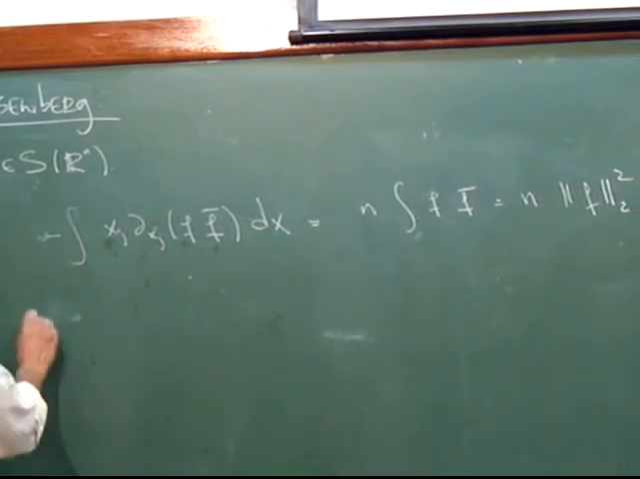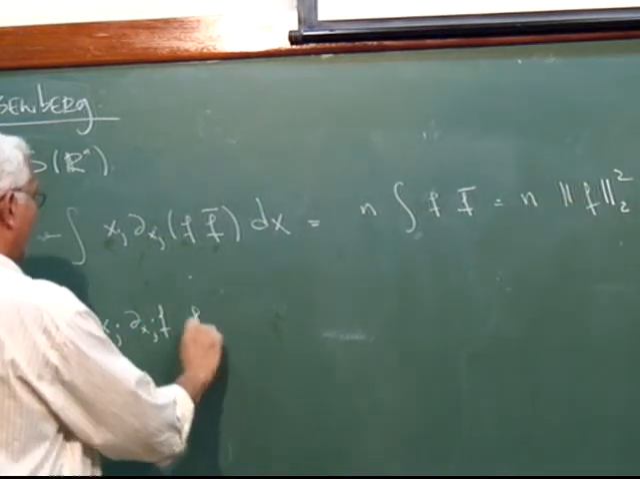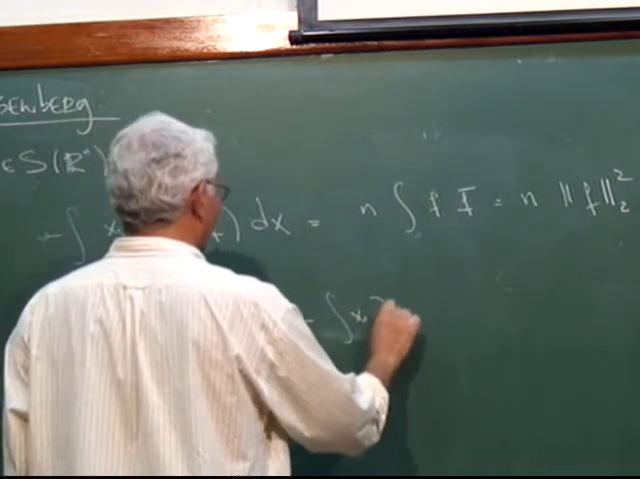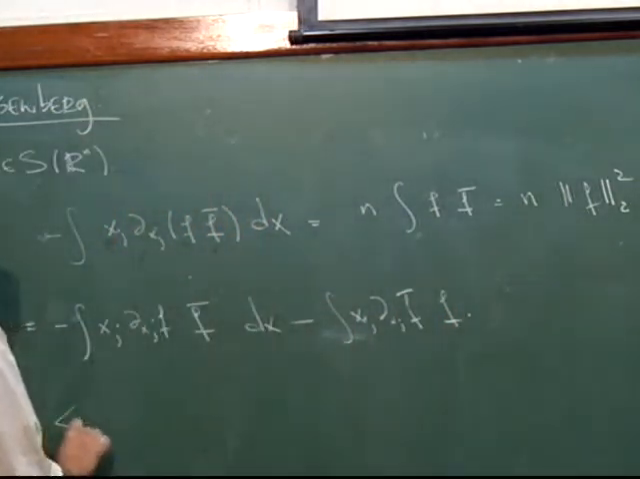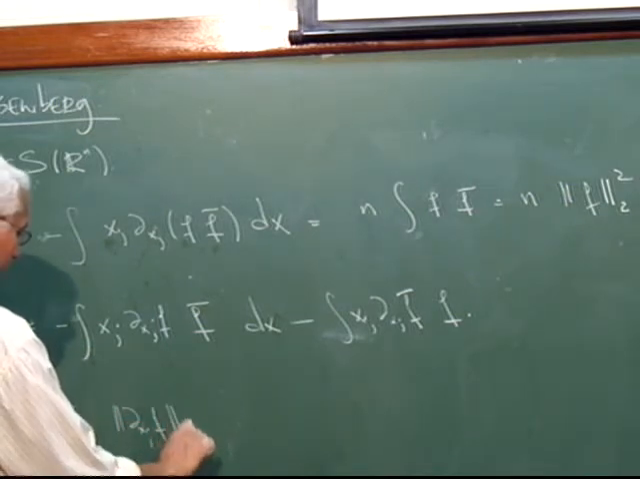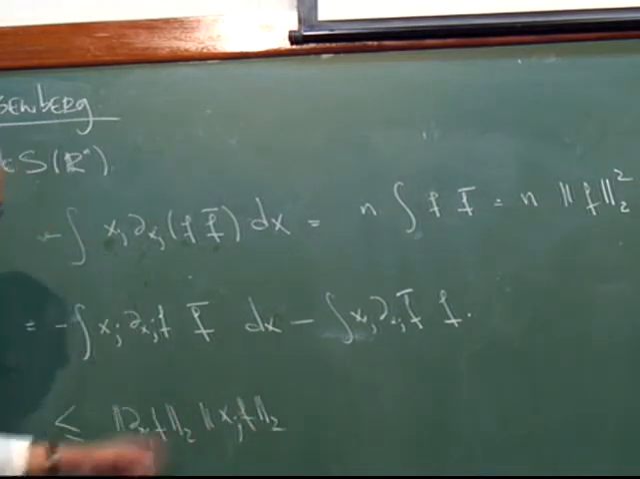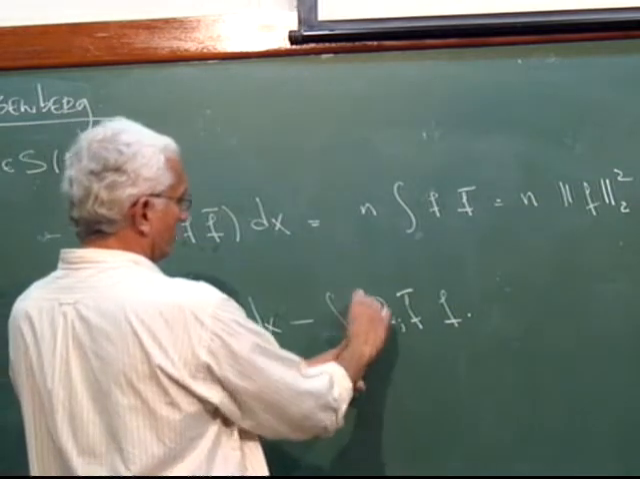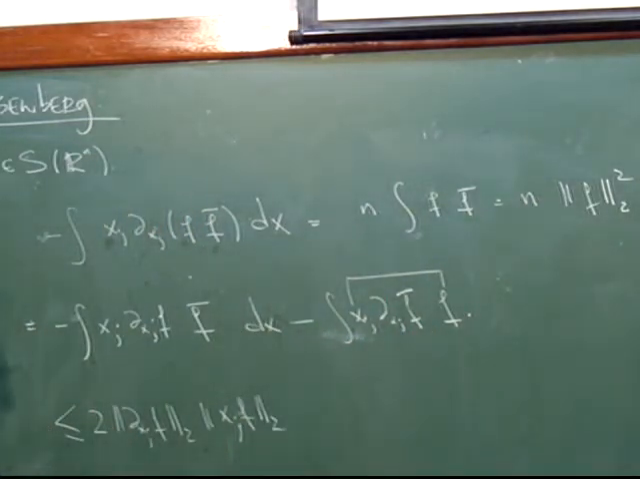If you develop this, it gives you minus x_j d_j of f hat minus x_j d_j of f hat. And this is the same, x_j f in L2, d_j f in L2, doesn't matter if you put the conjugate or not. And this is exactly the same business. You put this with this, and this here, then you have a 2 here. Then you have proof